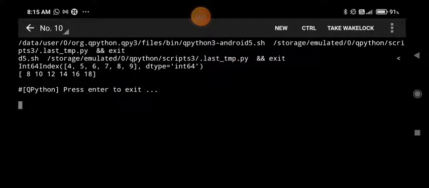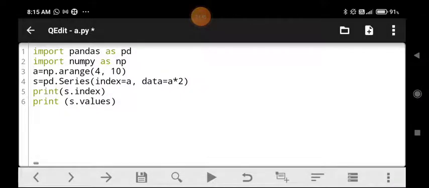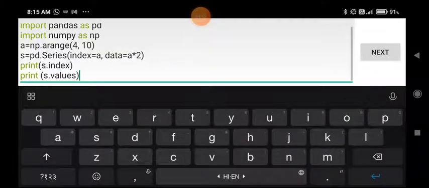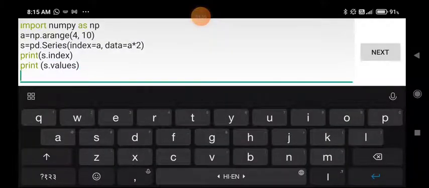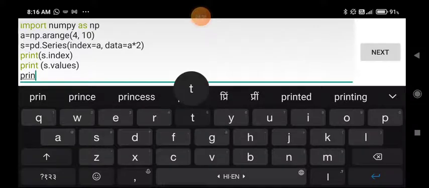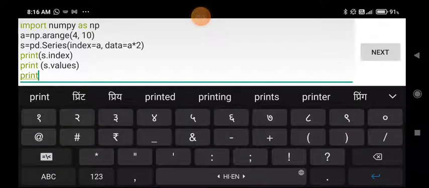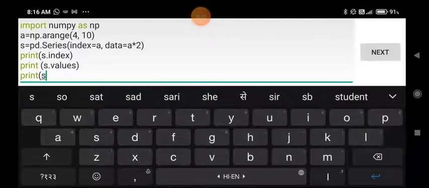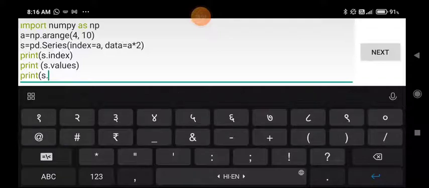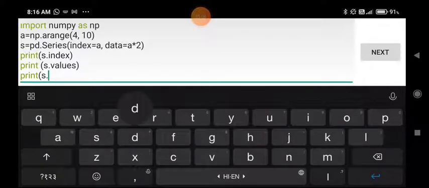So students, whenever we want to access indices and values separately, at that time we can use it like this. At the same time, if we write print and then in bracket s dot dtype.